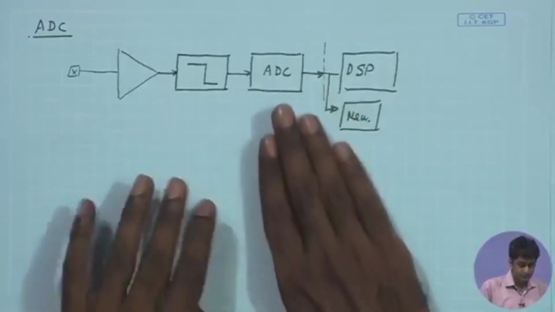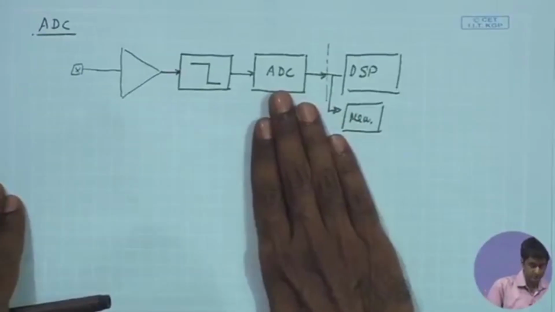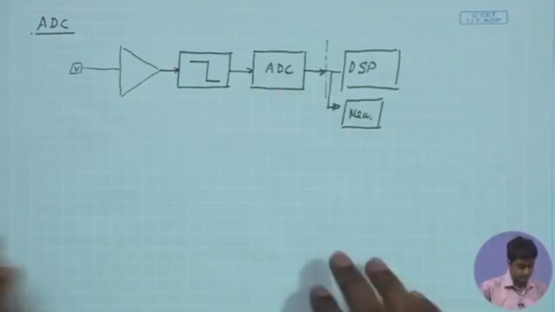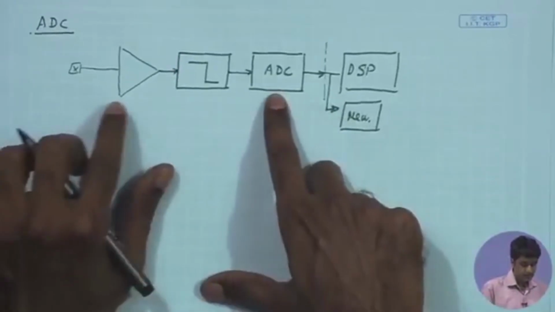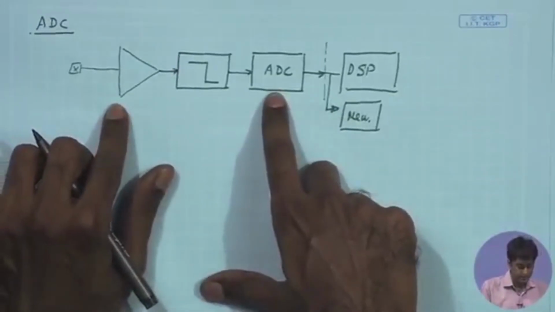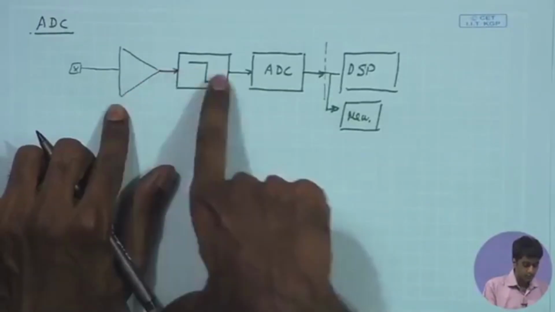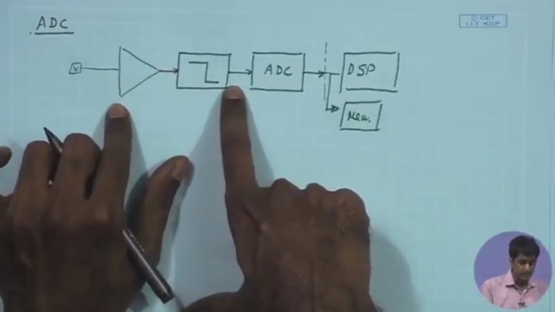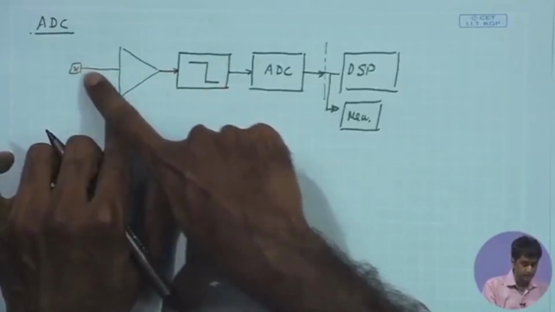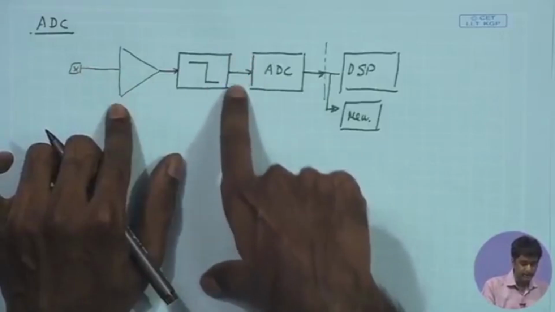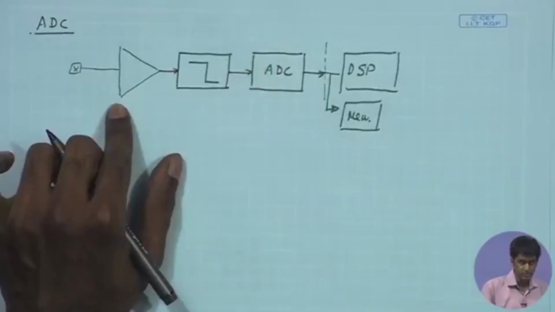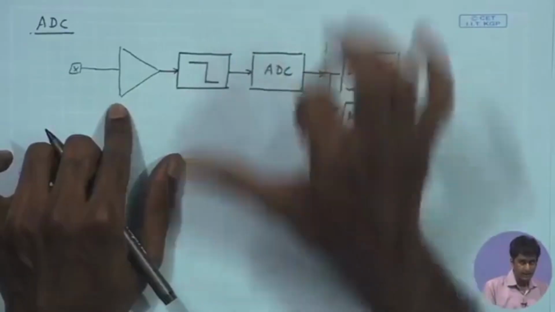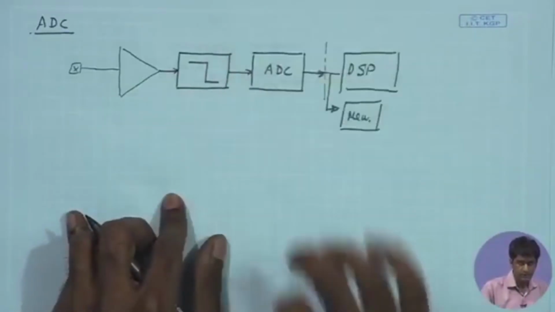So, let us start with the high level description of the A to D operation that we are going to have on our signal. So, first of all, regarding the swing, we have already discussed that the overall amplification and filtering stage is supposed to give an overall gain such that the weak signal over here is sufficiently amplified and it is mapped to the input dynamic range of the ADC. What is the input dynamic range of the ADC? That is basically the maximum peak to peak signal swing that the A to D converter can